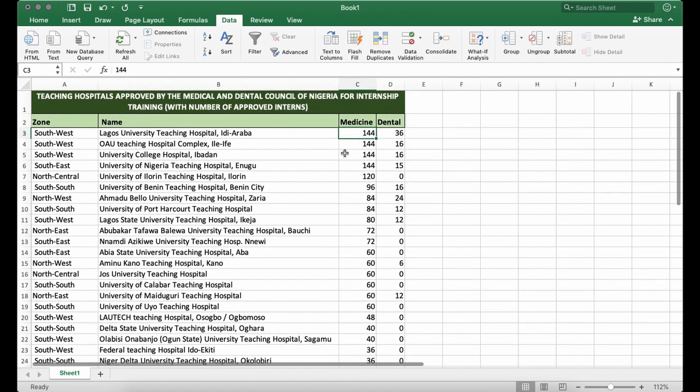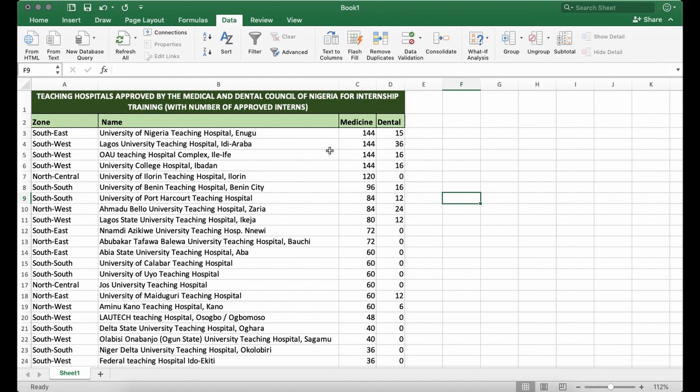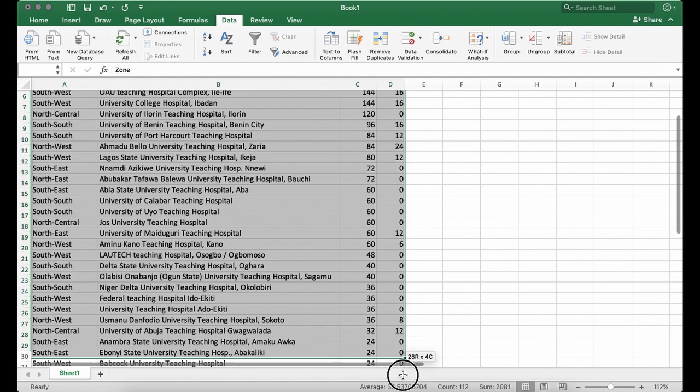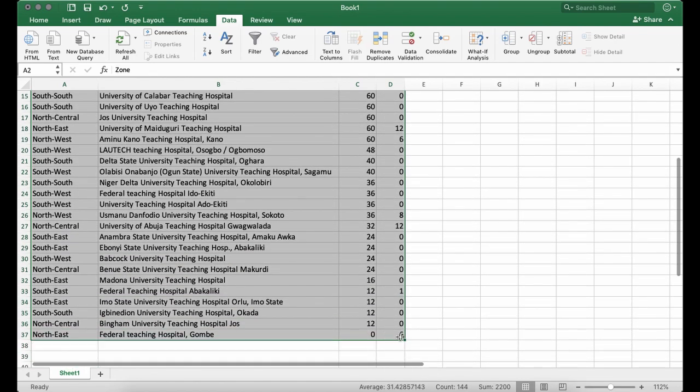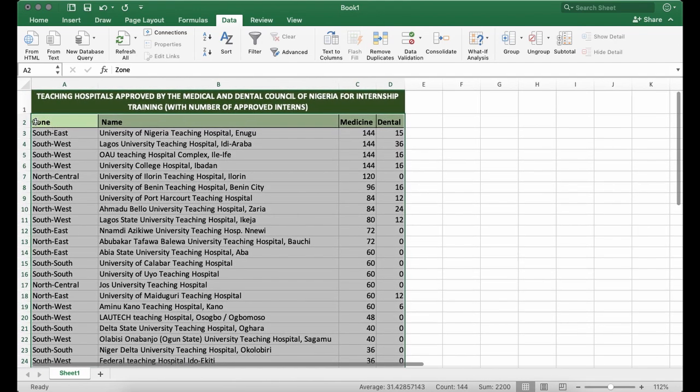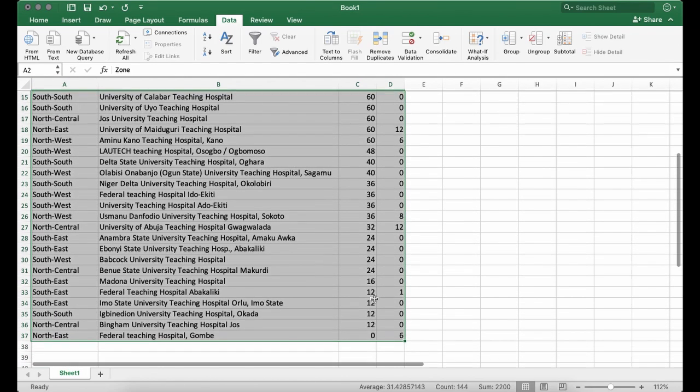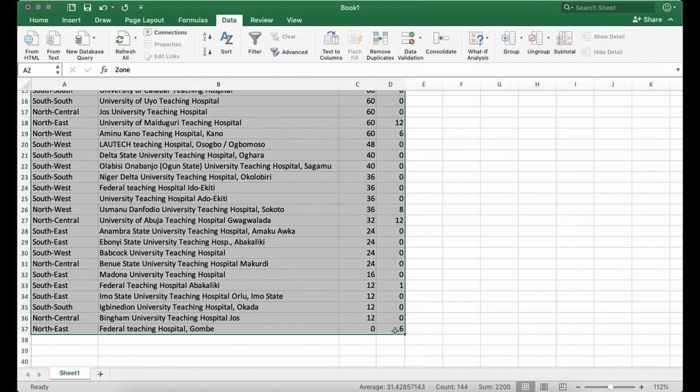We're going to see how we can sort with multiple conditions. This time we are going to sort the hospitals by zone, and then we are going to sort the hospitals in each zone alphabetically. So let's see how we can achieve that. To do that, I'm going to start by selecting our data set again. Note I am still selecting with the header inclusive, from A2 through D37,